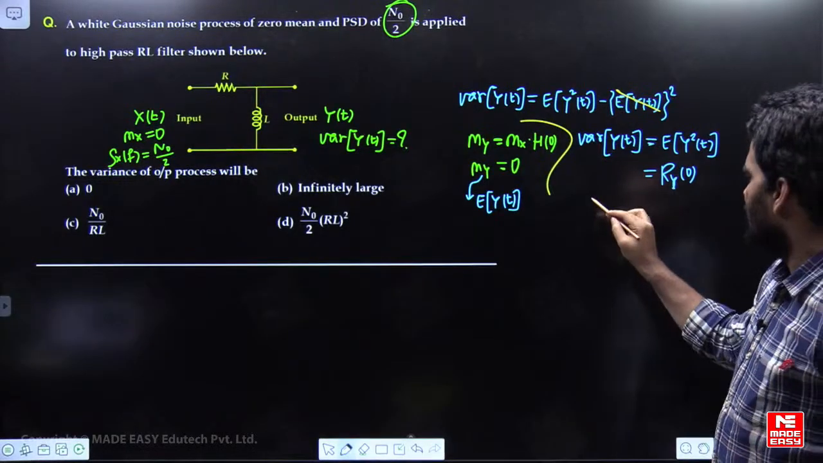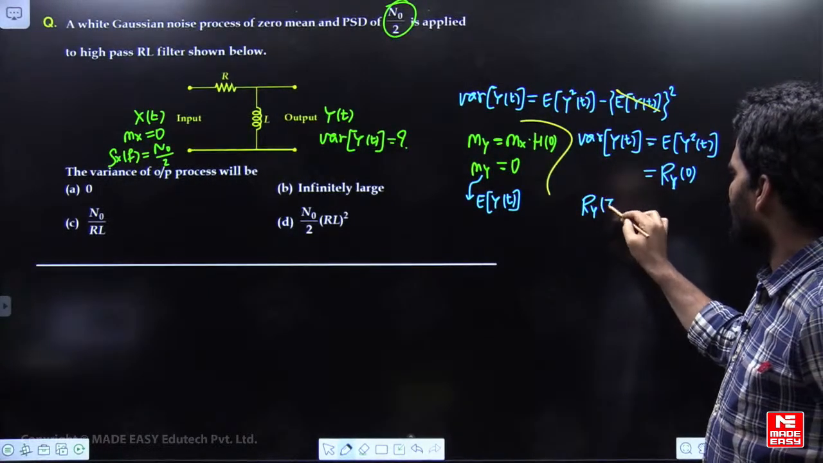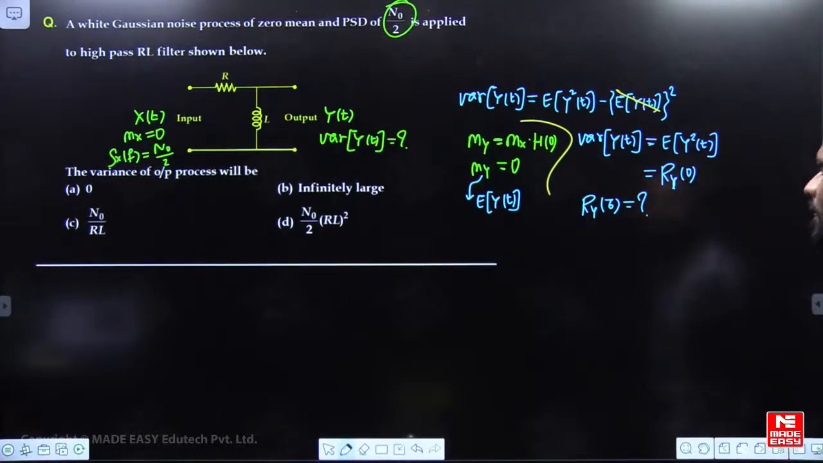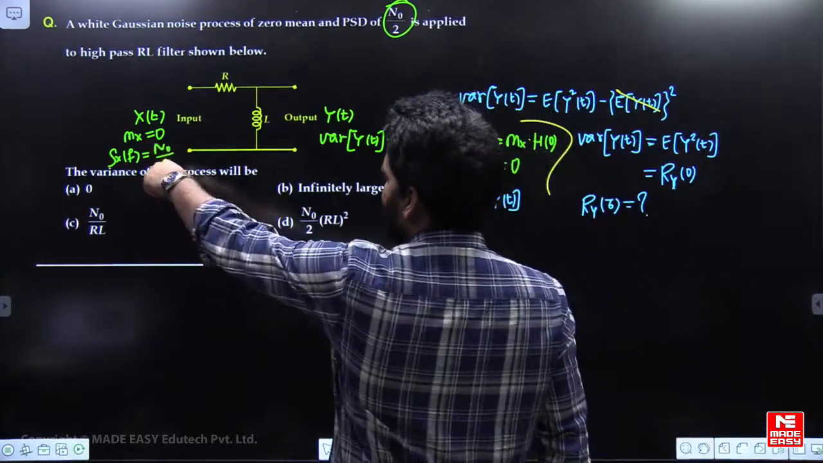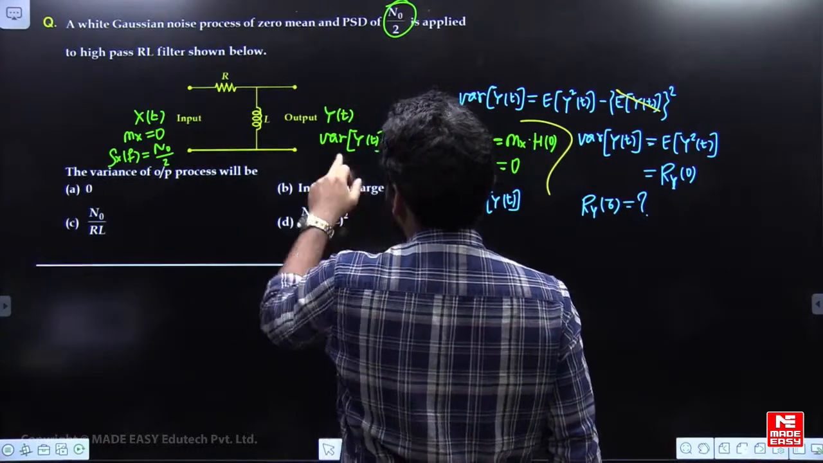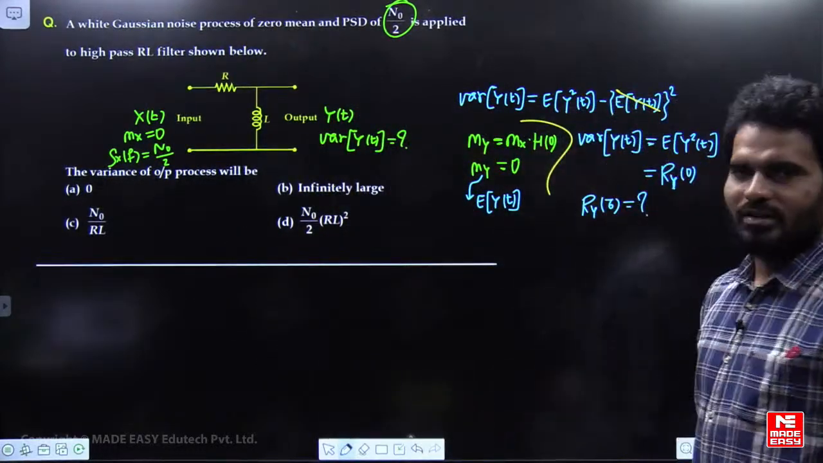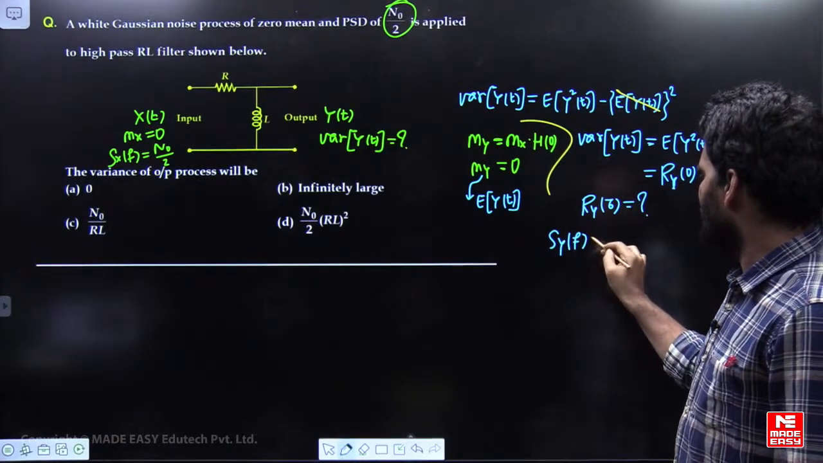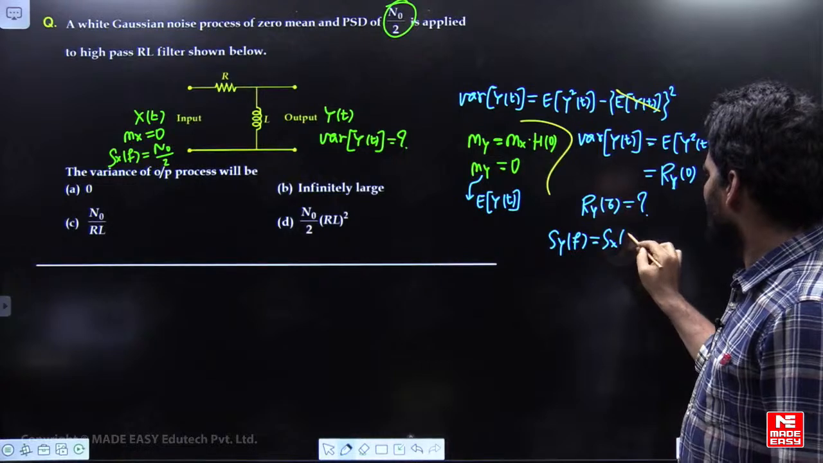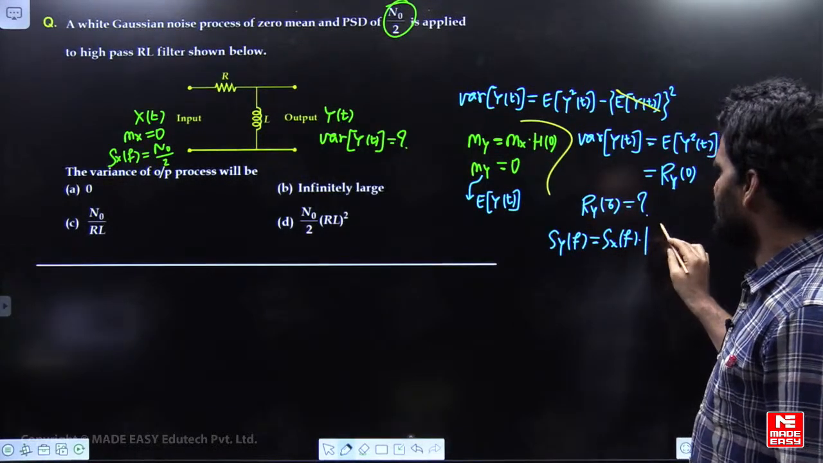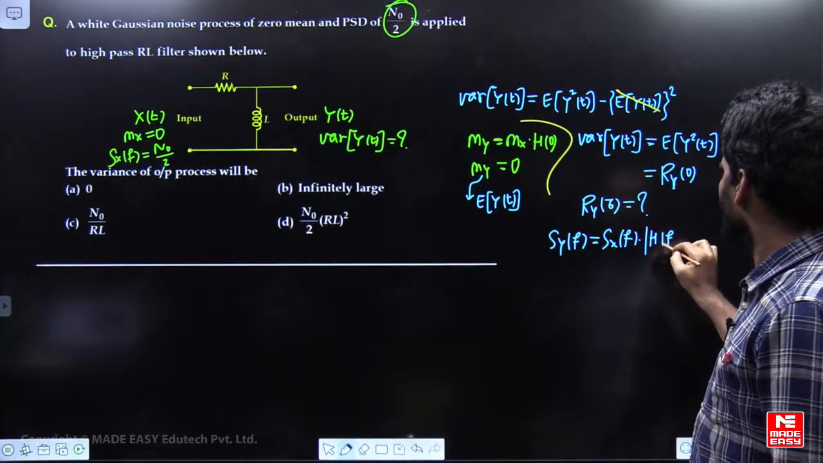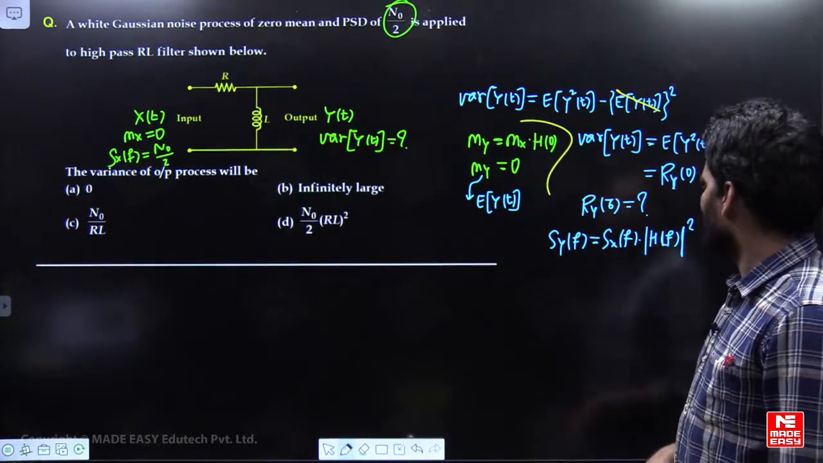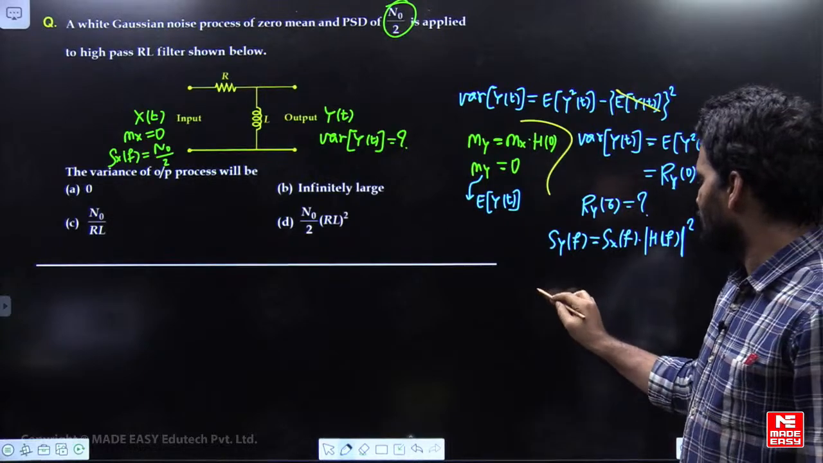So first let's find the ACF of output, Ry(tau). Let's find that first. The input PSD is given. First you can find the output PSD. Once you get the output PSD, the inverse Fourier transformation of the PSD will give you the ACF. So the output PSD is input PSD into mod H(f) square. And H(f), if you see,